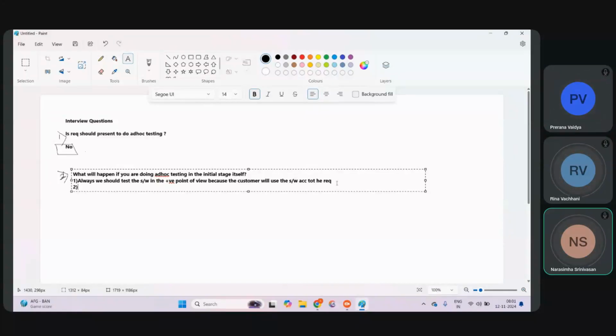In such scenarios you block, or some spam messages you get on a weekly basis and you block them. That is a different story. But you are not going to use the block feature every day; you are using other features. That is the positive point of view, no? Sending messages, doing video calls, audio calls, updating status. So always we should test the software from a positive point of view, because the customer will use the software according to the requirement. Okay, got the clarity, right? Yes, sir. Next,